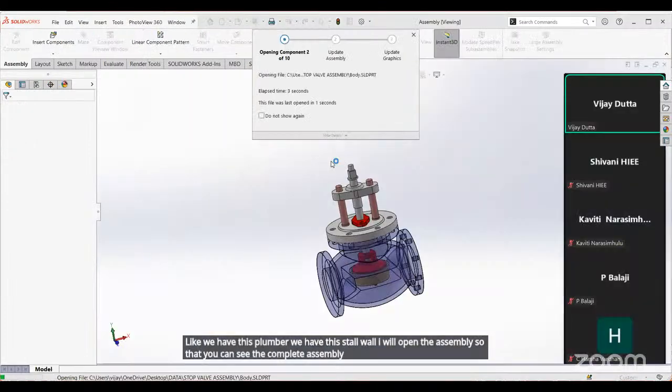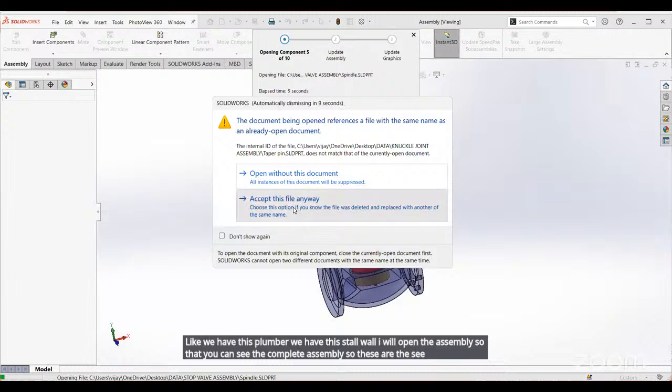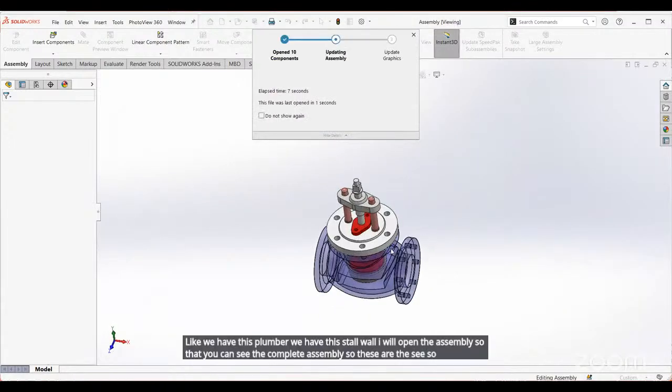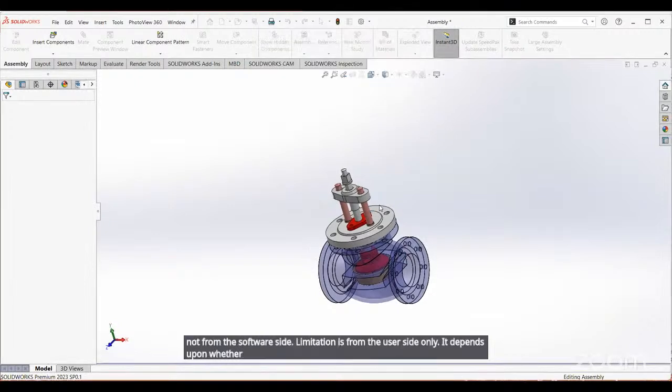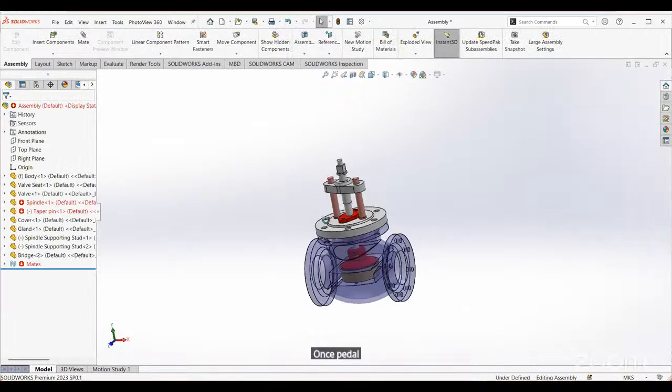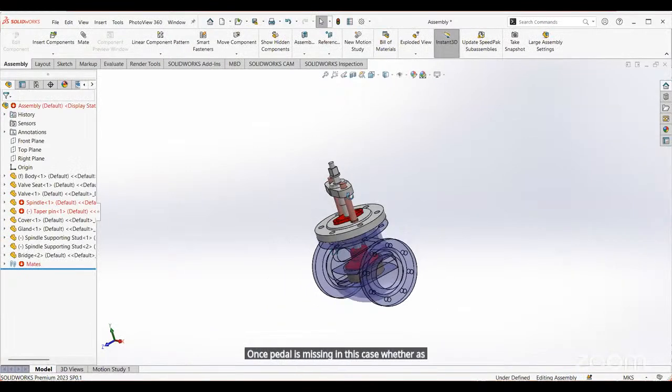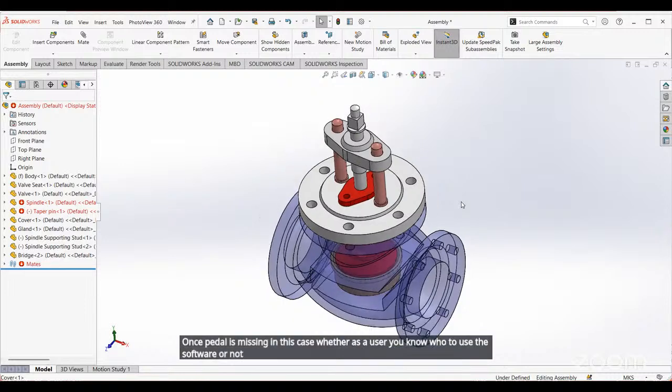So see, the limitation is not from the software side. The limitation is from the user side only. It depends upon whether, as a user, you know how to use the software or not. See, before actually manufacturing this whole assembly, this assembly of the stop valve,